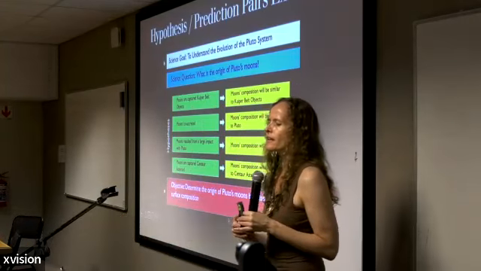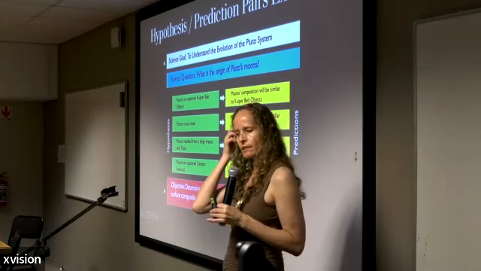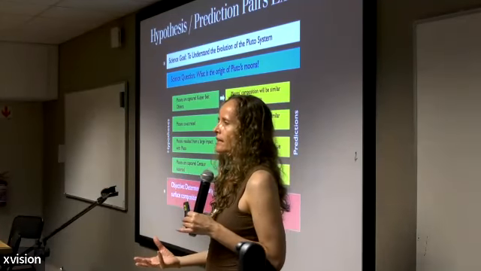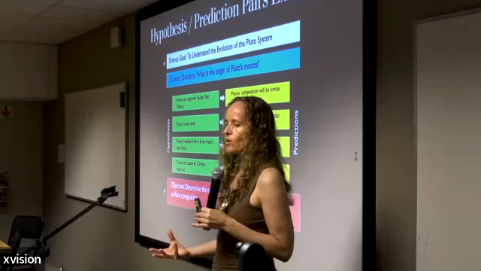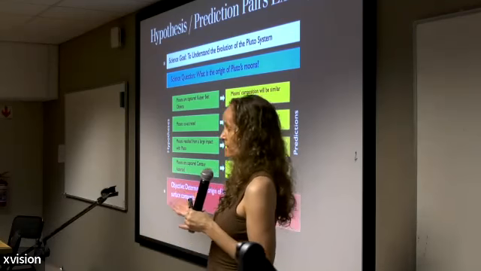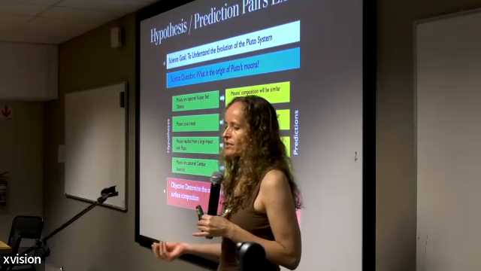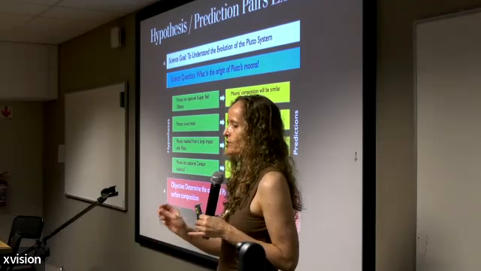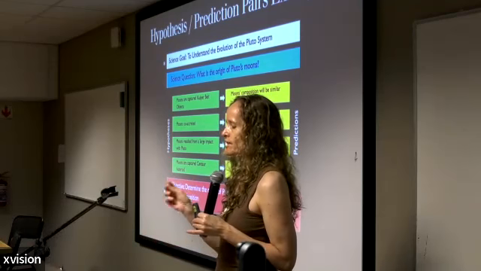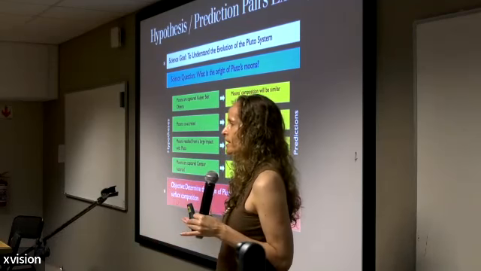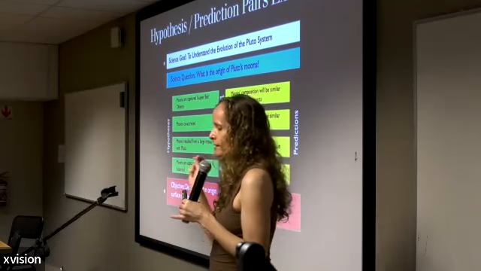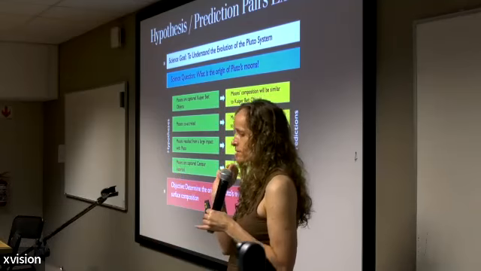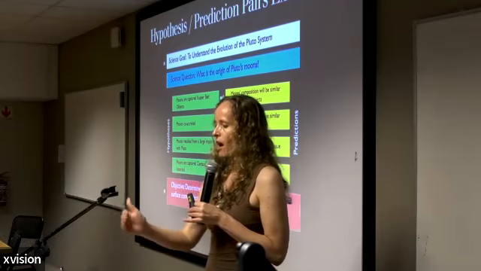Okay, so here is this hypothesis and prediction example. So you have a science goal, and again, this is the planetary one: understand the evolution of the Pluto system. Then your science question is, what is the origin of Pluto's moons? The science goal is a very large goal. You're just solving one little piece of it with the science question, which is, what is the origin of Pluto's moons? And then there's a couple of different hypotheses.